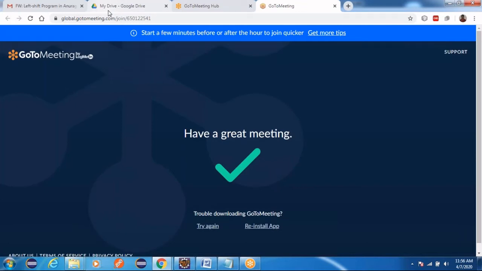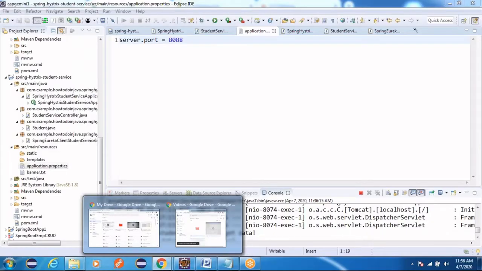Whichever school name we specify, that school's student data can be displayed. First of all, the application should be up. We are running the service here on 8088, so it has to show the details of students. Done.